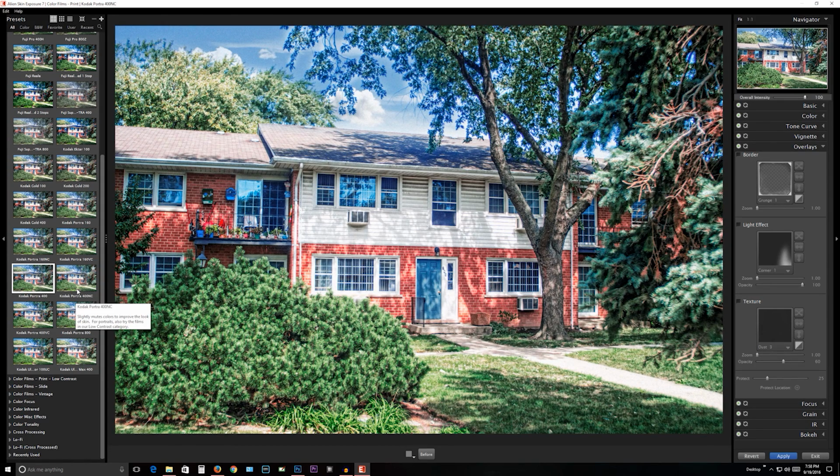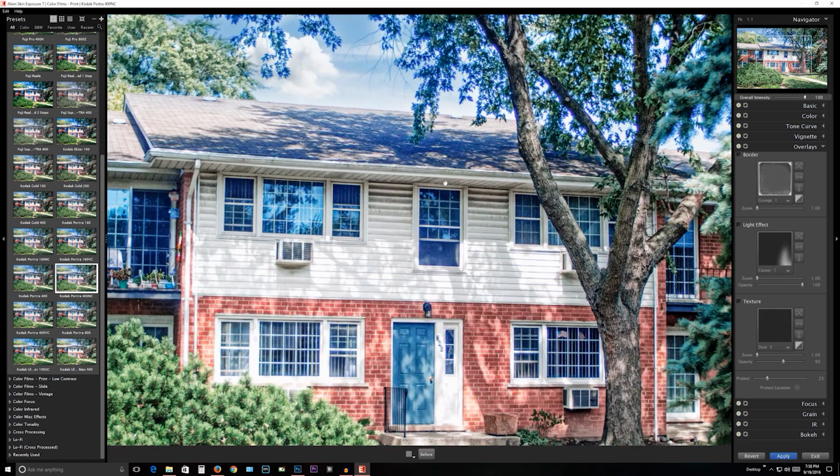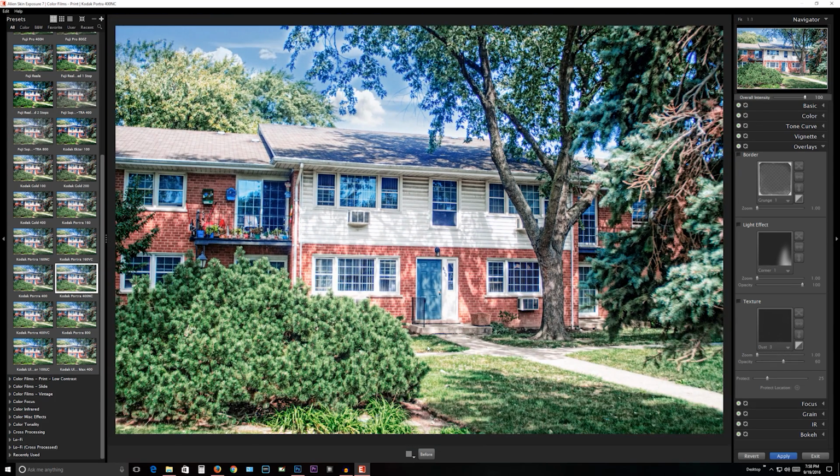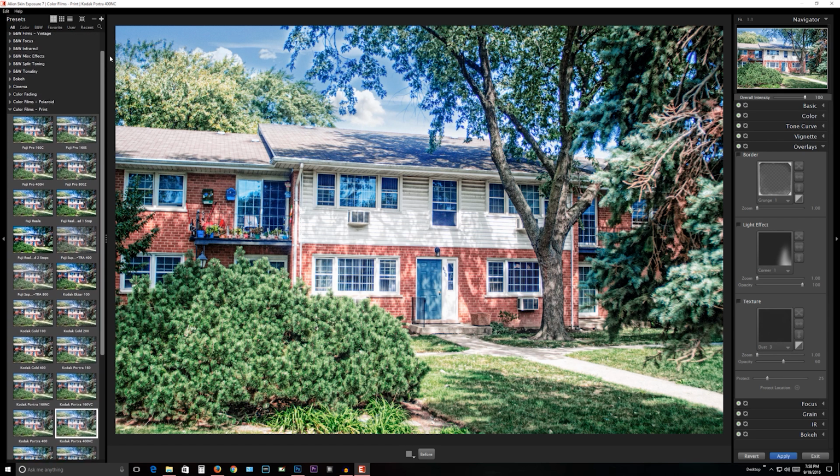Oh, what is that? You see, it creates this little grain, mimics a real film. This film is composed of grain. Before, after, before, after. I really like my original, so we're not going to be using that effect from the